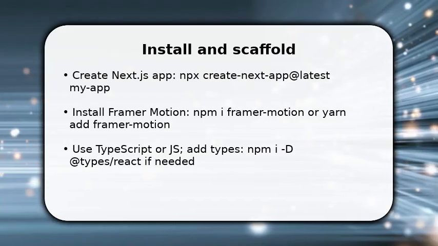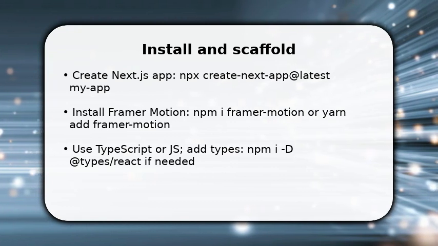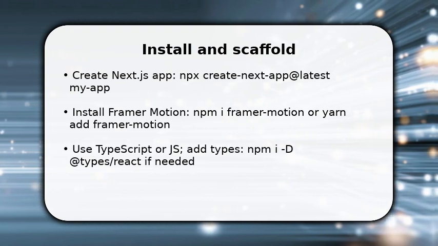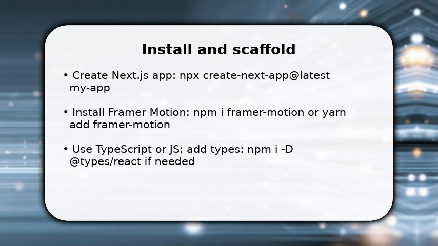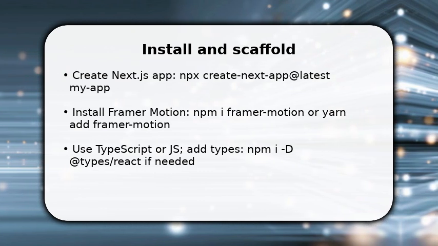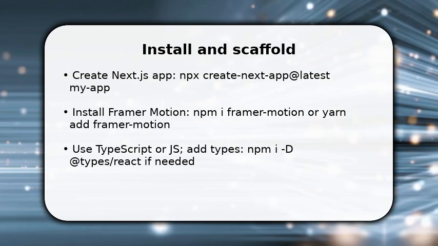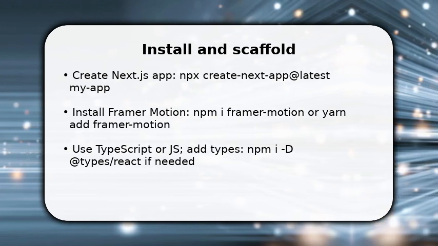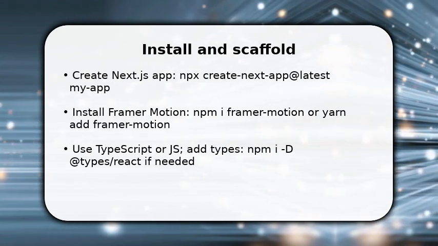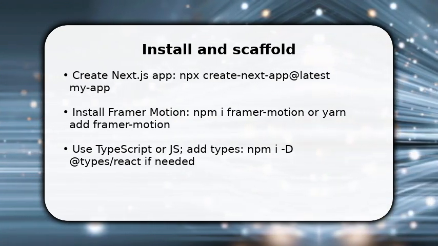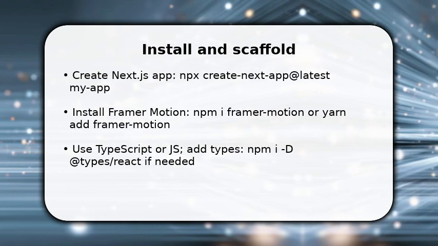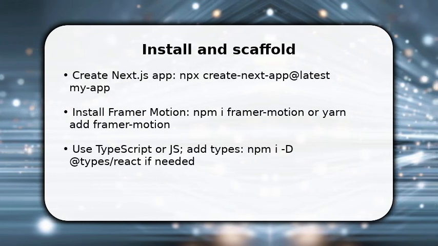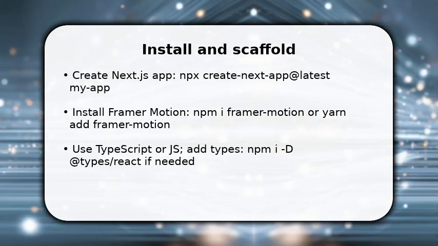You start by installing and scaffolding so you can act immediately. Create a Next.js project and add Framer Motion with npm or yarn. This gives you motion primitives. Once done, decide TypeScript versus JavaScript and install types if you prefer type safety. Then open Pages or App Directory and import motion from Framer Motion. This first step prepares the runtime and imports, so the actual animations plug into Next's routing and SSR behavior without